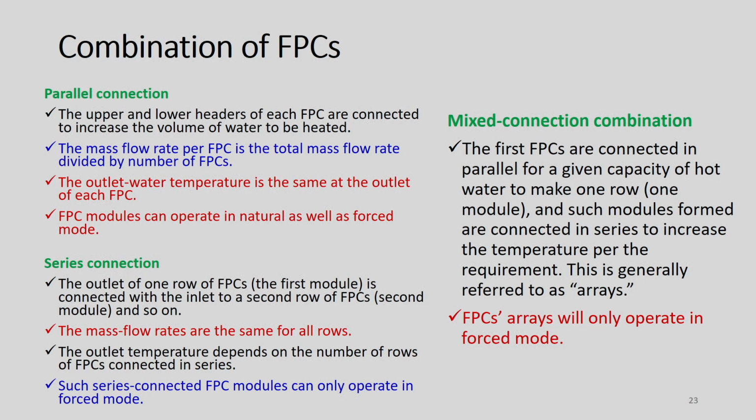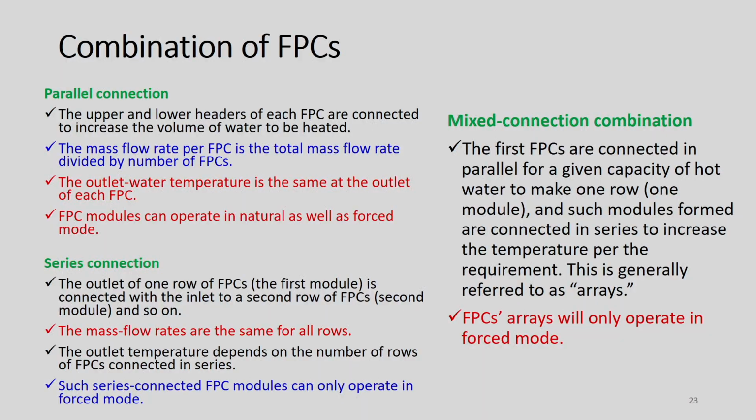Now, we will learn something about combination of flat plate collectors. Okay. There might be some cases when we need to connect the flat plate collectors in series or maybe in parallel or maybe both, means series and parallel. Okay. So, in case of parallel connections, the upper and lower headers of each FPC are connected to increase the volume of the water to be heated. Okay. The mass flow rate per FPC is the total mass flow rate divided by the number of FPCs. The outlet water temperature is the same as the outlet of each FPC, because these are connected in parallel. Okay. These are connected in parallel and